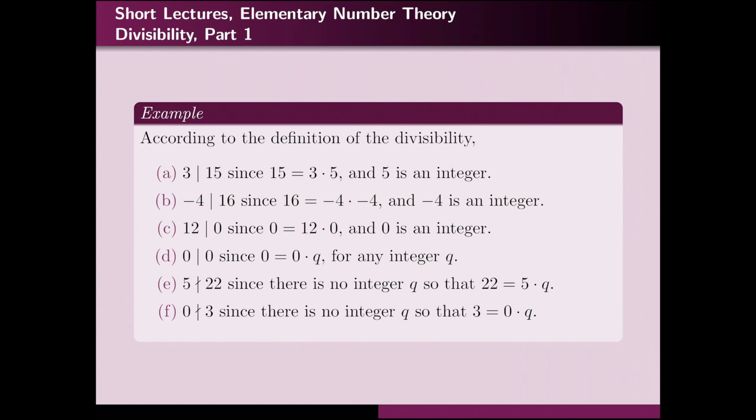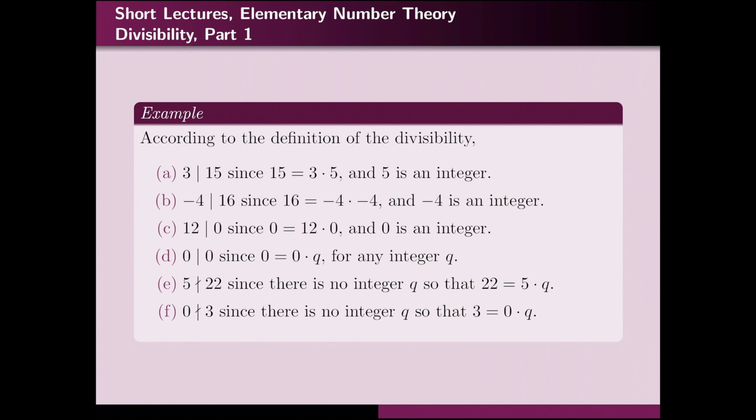So you see the idea of writing this expression as a fraction, whose numerator is the right number and the denominator is the left number, and demanding that the result of the fraction is an integer, works for the first three cases, but not for this case, because if you write 0 over 0, 0 over 0 is undefined, so you cannot say that 0 over 0 is an integer. But the definition of A divides B is not that B over A is an integer. So I'm not using that, I'm using the definition that I presented here. So 0 divides 0 is indeed true.